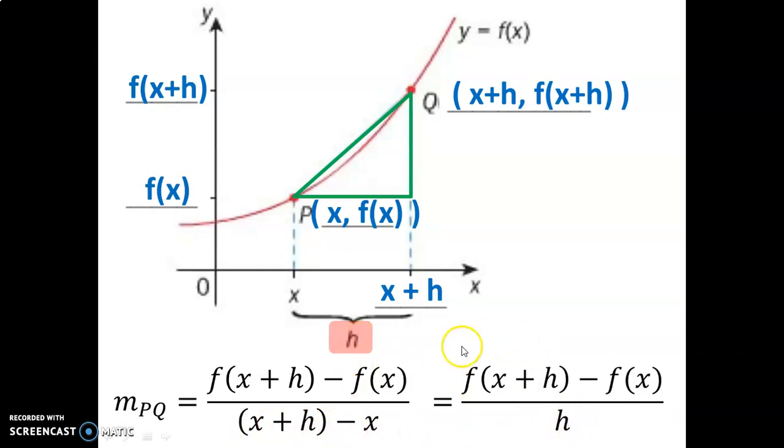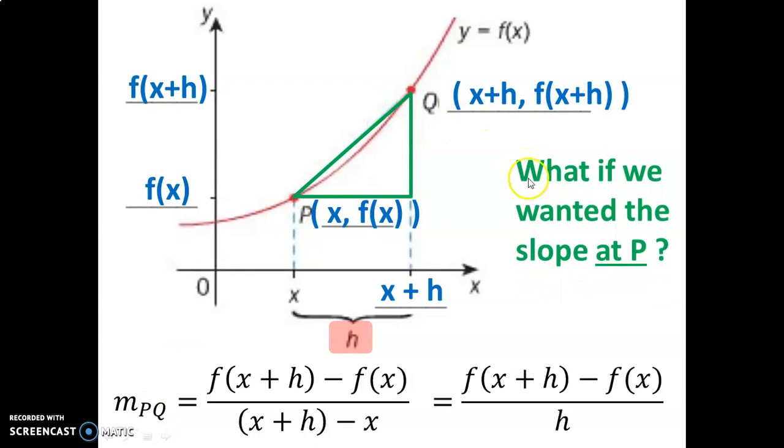So now make sure you've written all this down, and this here represents the slope of the secant line from P to Q. The question is, we don't want the slope of the secant line. We know how to do the slope formula. How do we find the slope at point P? So in other words, remember the slope at point P would be the slope of this tangent line. What can we do with point Q to help us get this slope instead of this green one here from P to Q? All right, I hope you said that we can move Q closer to P along the curve,